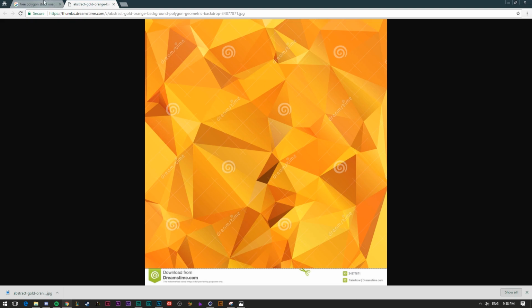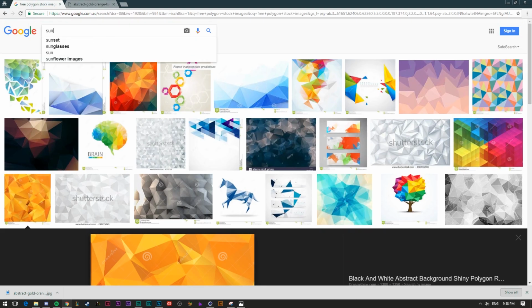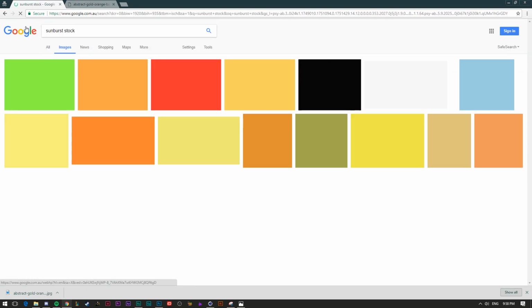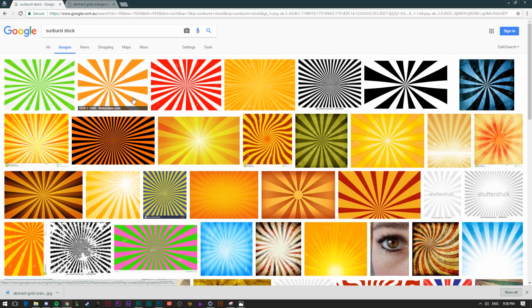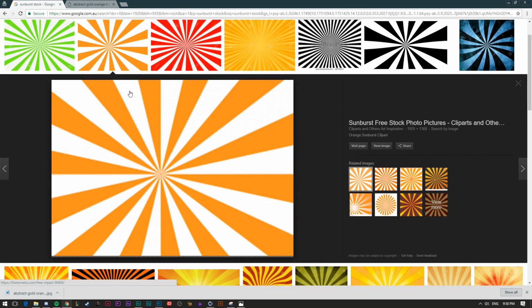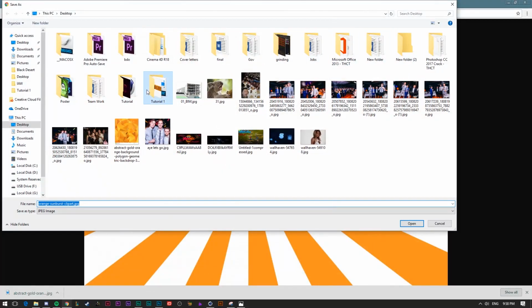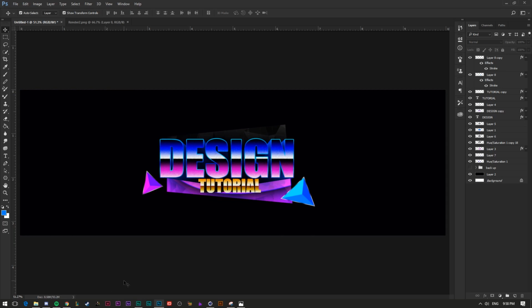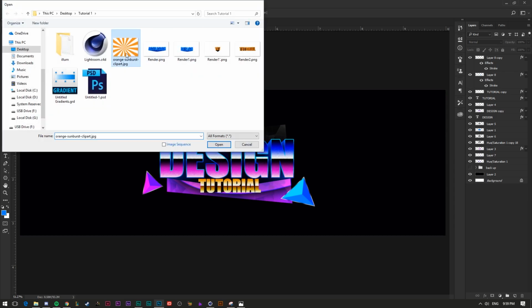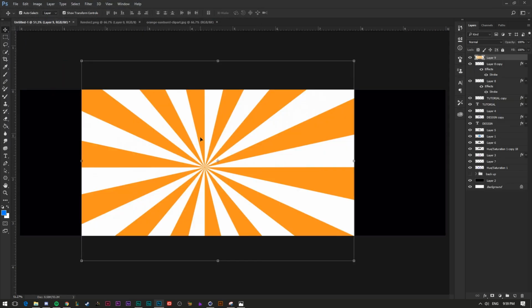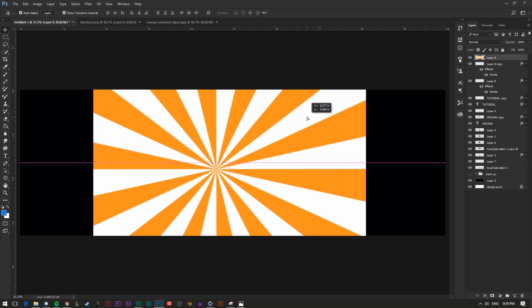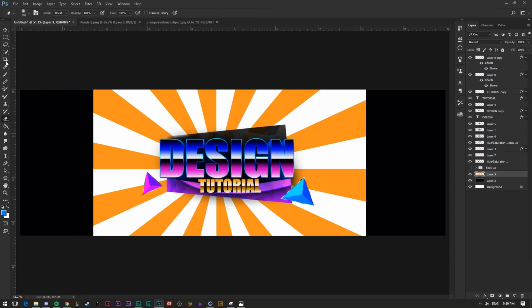So sunburst stock. Get something like that. I'll save this into the tutorial. Bam. And do file open. Sunburst. Okay. We get that in. Get something like that going. Sweet. This is going to go right on the behind like that, and we're just going to quickly get rid